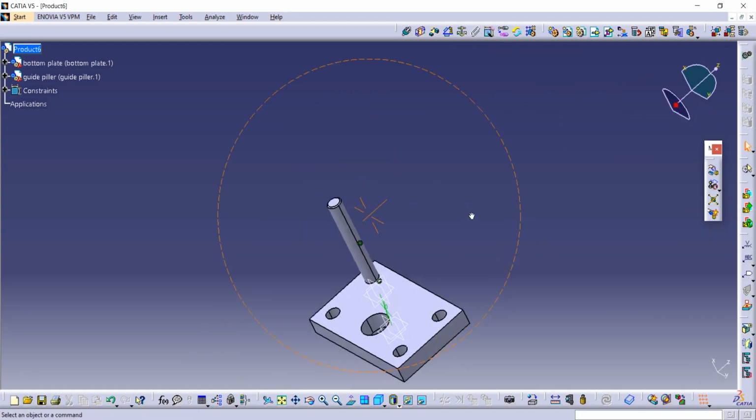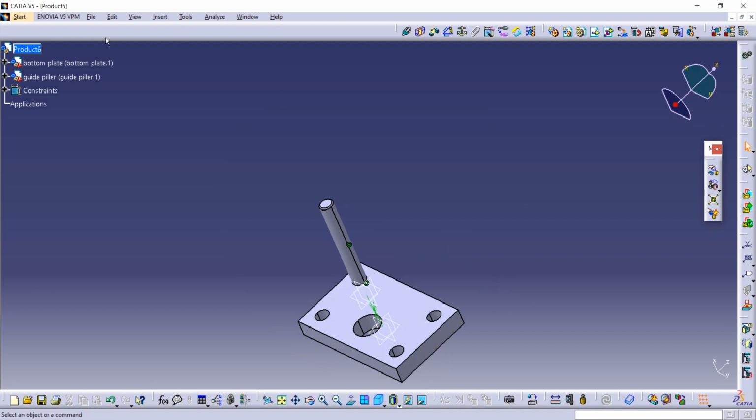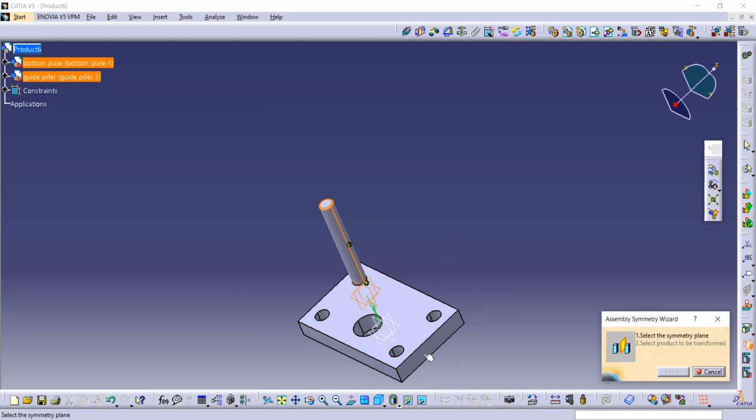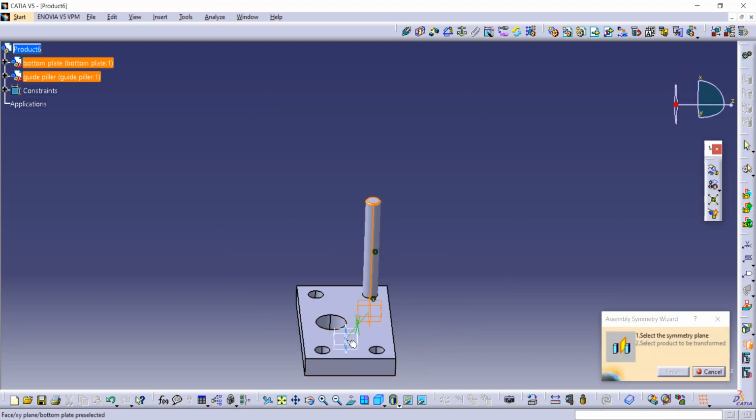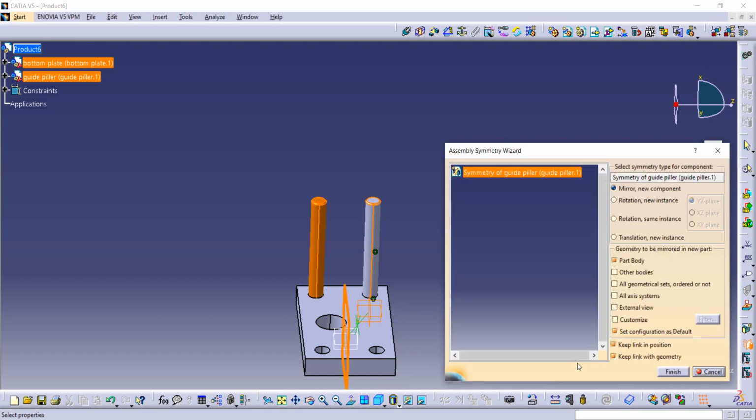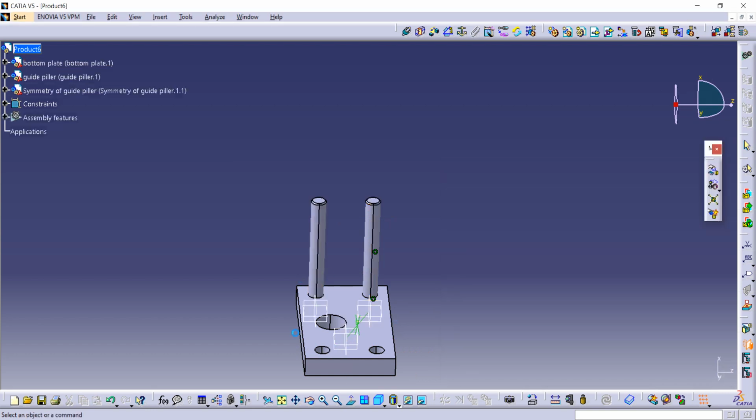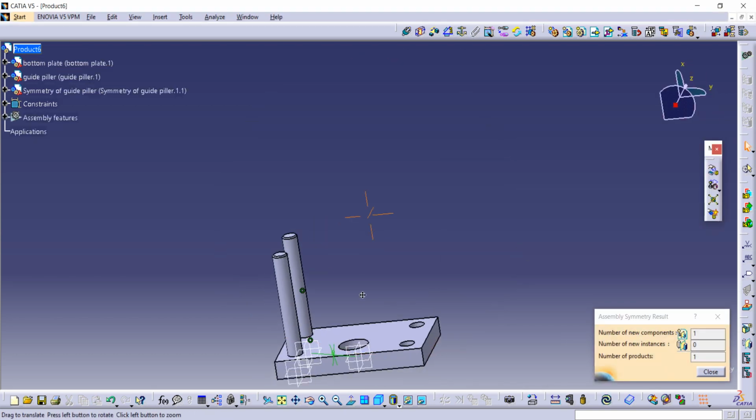Now we are going to use this symmetry command. First select the pillar, then use this symmetry command and select the plane to which you want to mirror it. It's done.